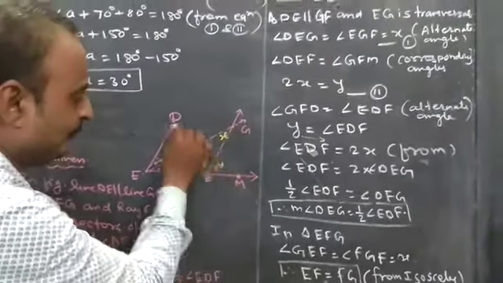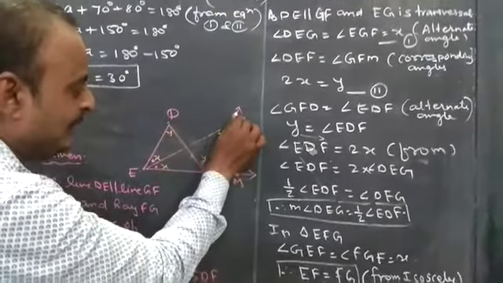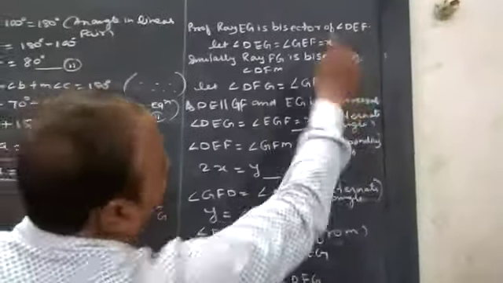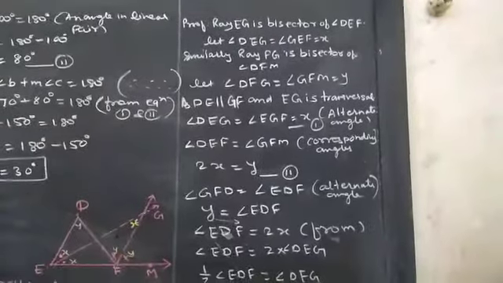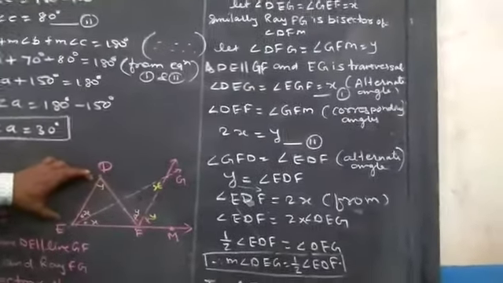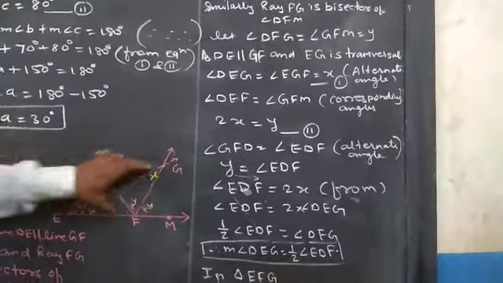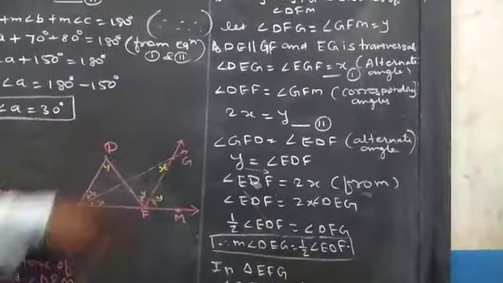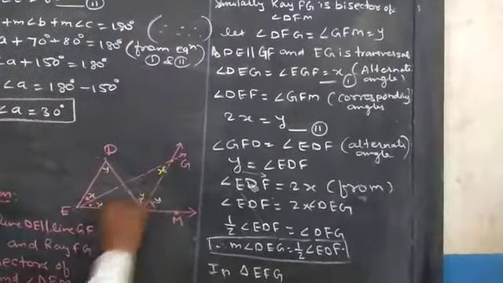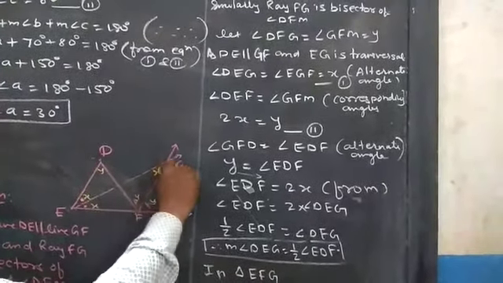बाइसेक्टर है। तो चलो, ये जो दोनों एंगल हैं, कौन से? DFG और GFM, मैं दोनों को क्या मान लेता हूँ? y मान लेता हूँ। ठीक है, इतना आपको समझ में आया होगा। अभी आप जानते हो कि हमको इस सम में दिया गया है कि DF और FC दोनों पैरेलल हैं। आप FC बोलो या DF बोलो। तो चलो मैं इसमें जो EG है, मैं इसका ट्रांसवर्सल ले लेता हूँ।